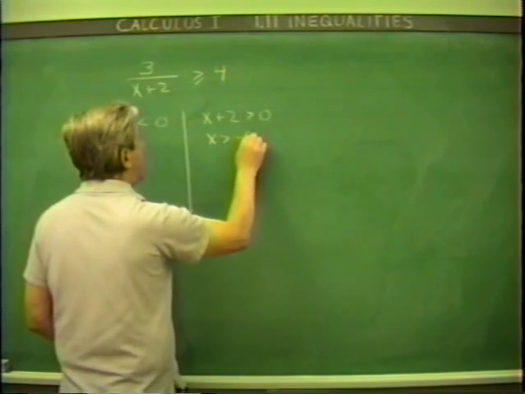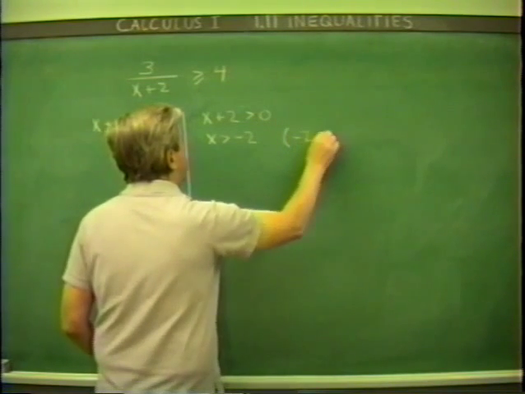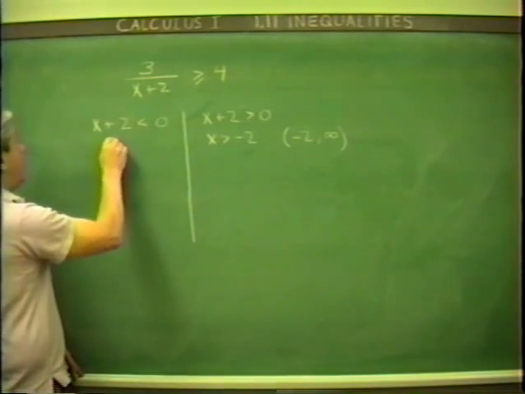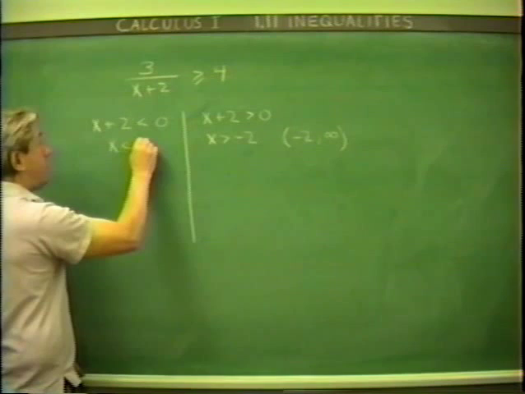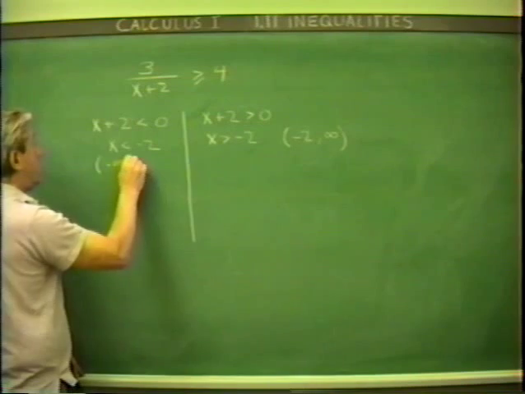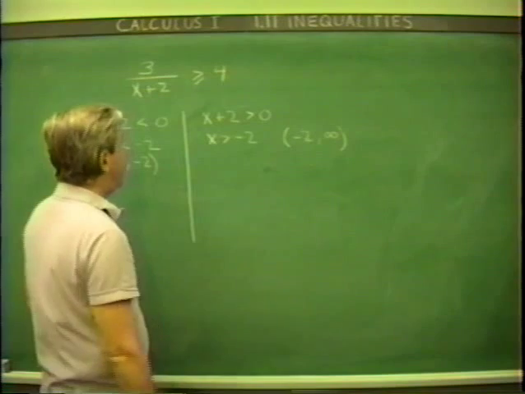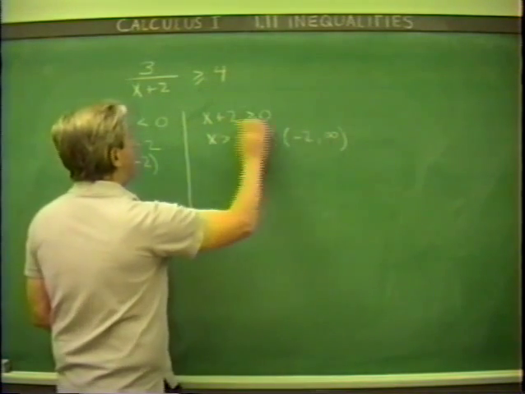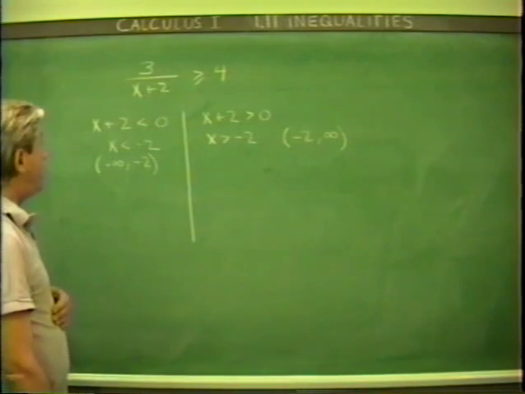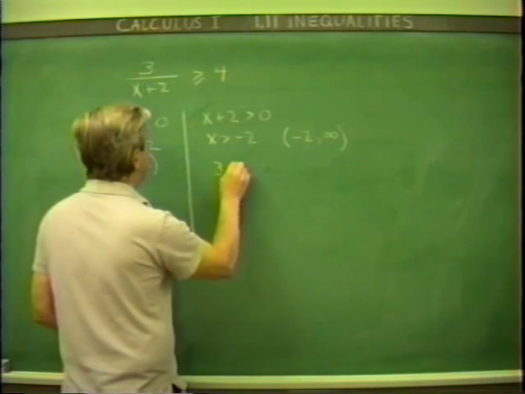Okay, what? x plus 2 greater than 0. Well, these are the numbers where x is larger than minus 2, or in short, the interval from minus 2 to infinity. This other case here are the remaining numbers. That's to say, when x is less than minus 2, or the interval from minus infinity to minus 2. And we'll work with the numbers in this case separately from this. Right? Now, if the number is in here, then x plus 2 is greater than 0,